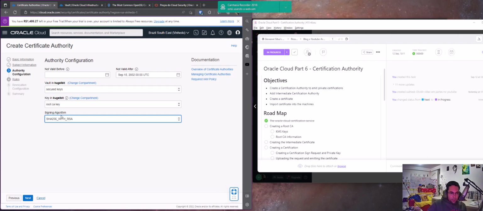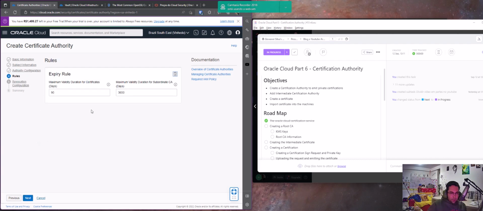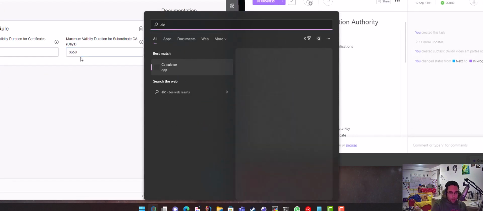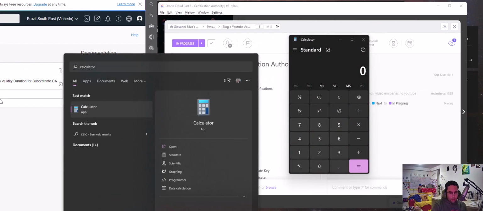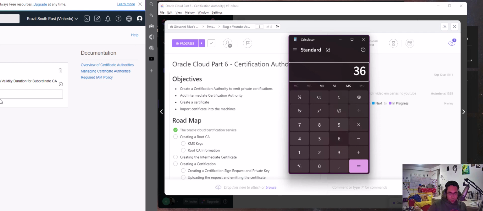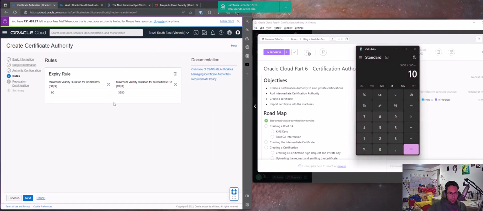After you select the signing algorithm, you give a maximum validity for certificates. 90 days is good, and a maximum validity duration for the subordinate certificate, which is 3065 days. I don't know, I think it's 5 years. No, it's 10 years. So it's 10 years,